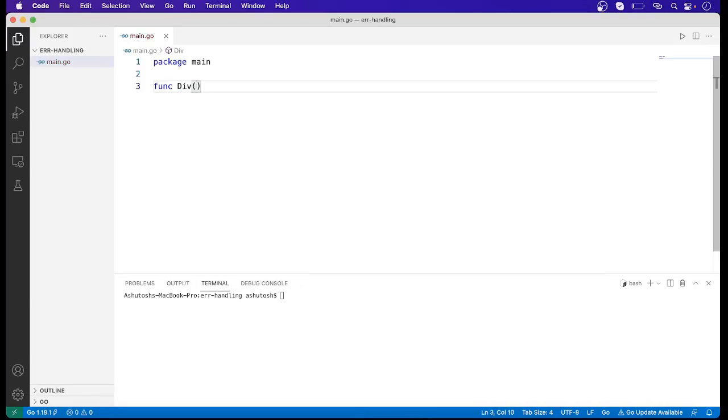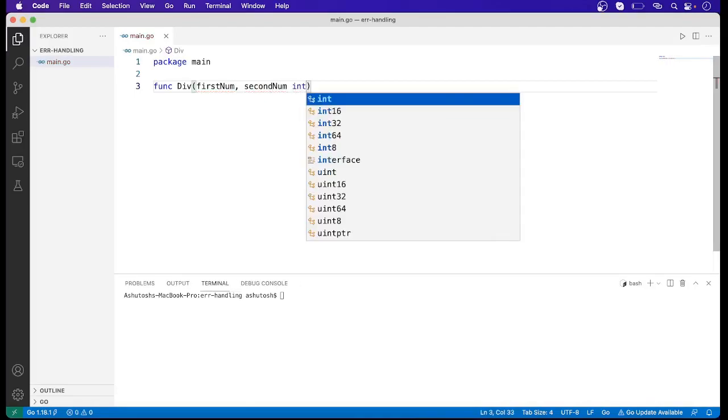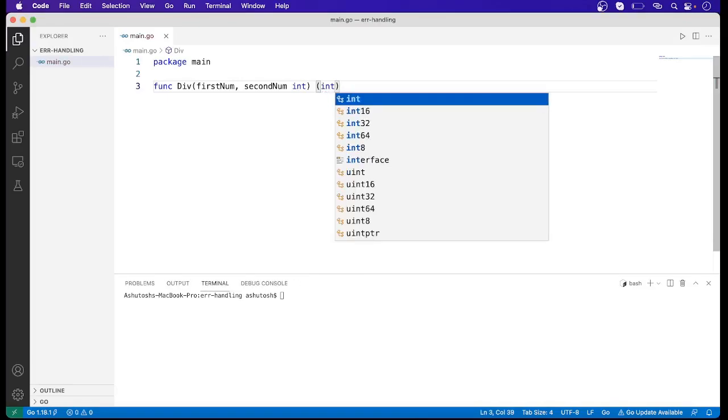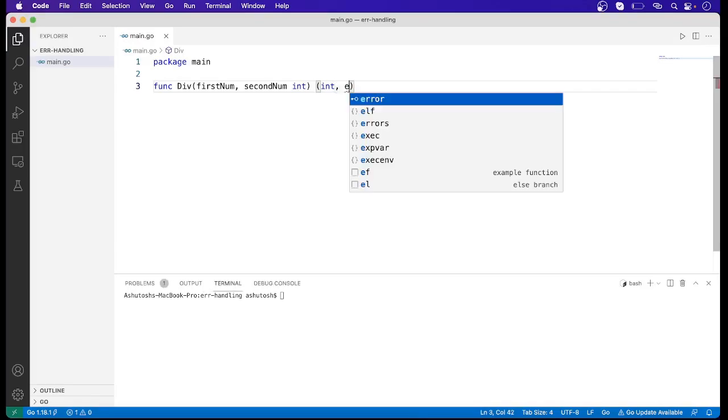There will be two parameters, both of integer type. In return, we will return two values. The first will be of integer type and the second will be of error type.